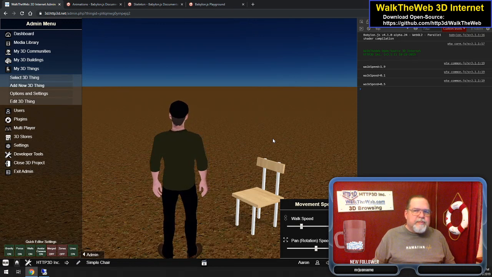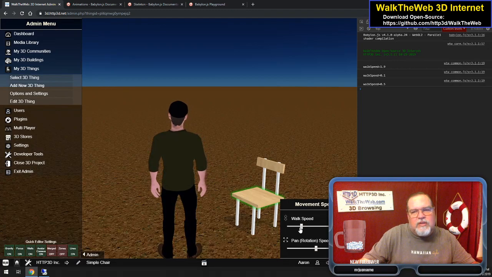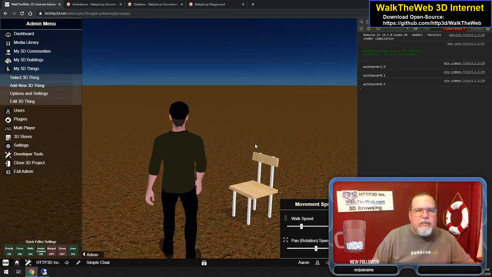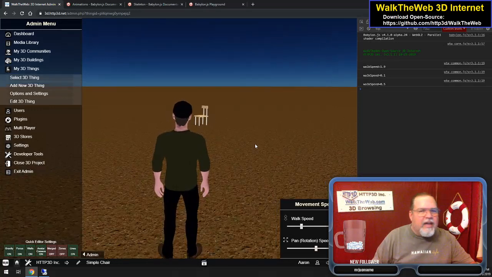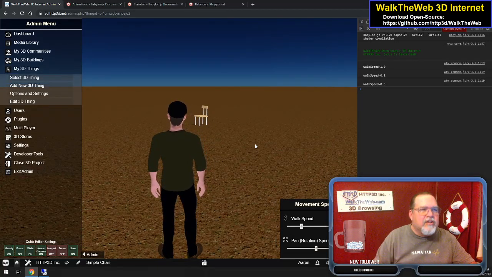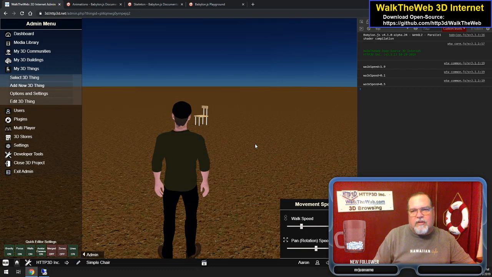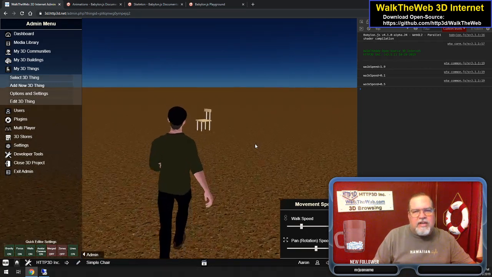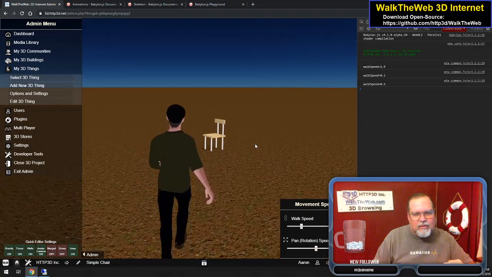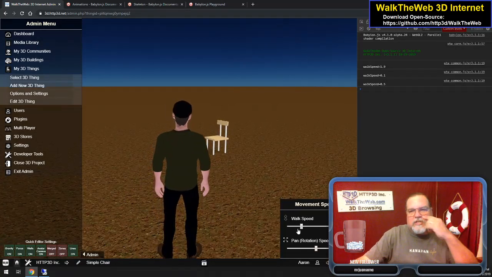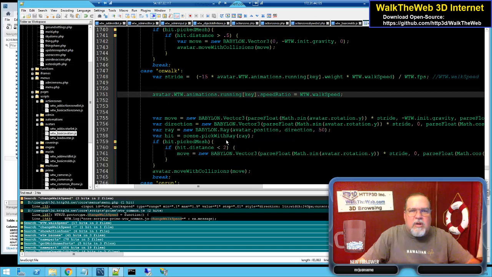Walk travel speed versus walk animation speed. That would probably be the ideal way to do it, because then we can completely match. Hey, if you have, let's say, a dragon or dinosaur or something and you're walking over the ground, then when you take a step, you're not sliding on the ground like this thing is necessarily doing. We could actually adjust those as two separate items. So to do that, let's see what we can do. I think that's a